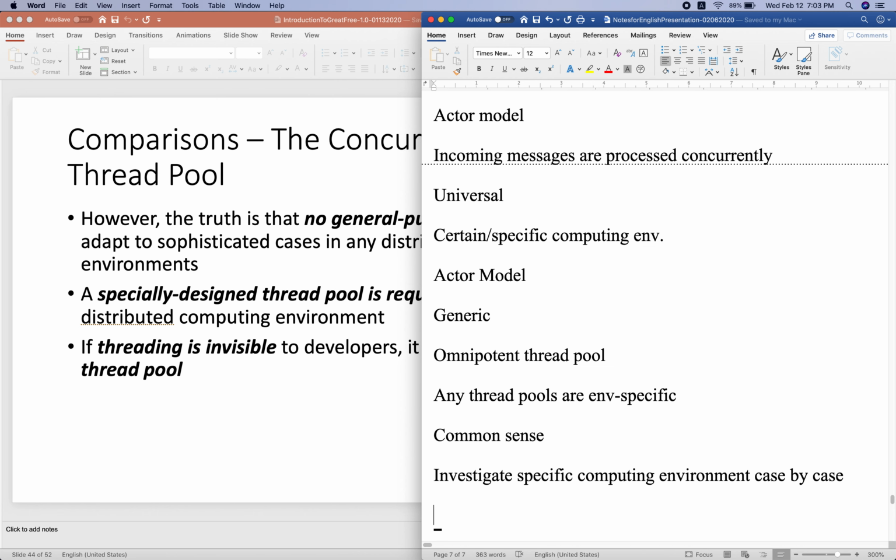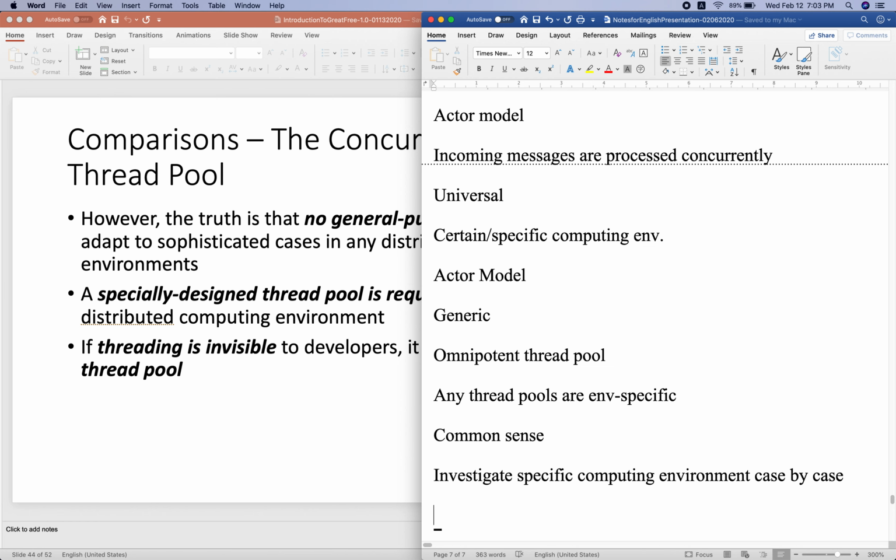However, if the thread is not visible, how can we do that? If thread is not controlled by developers directly, it's impossible for us to do that, right?